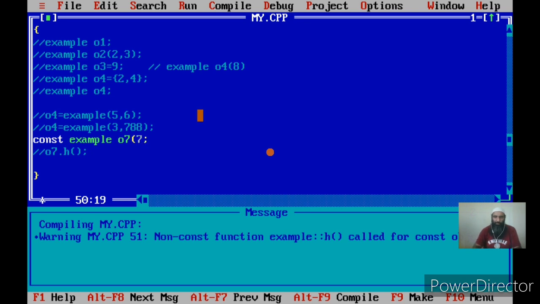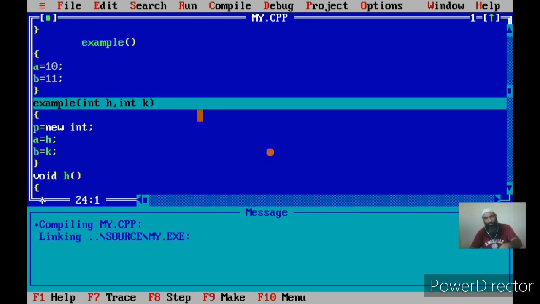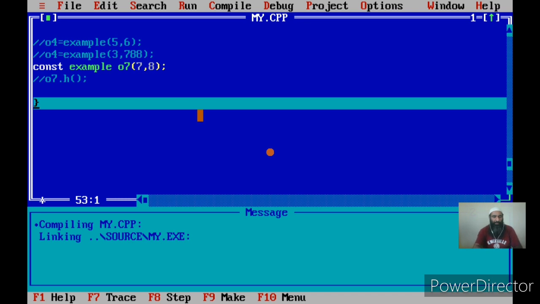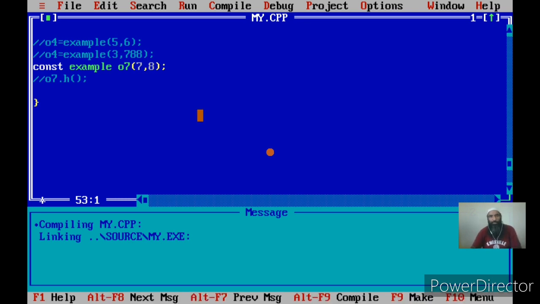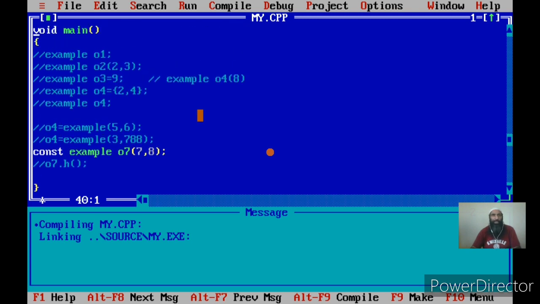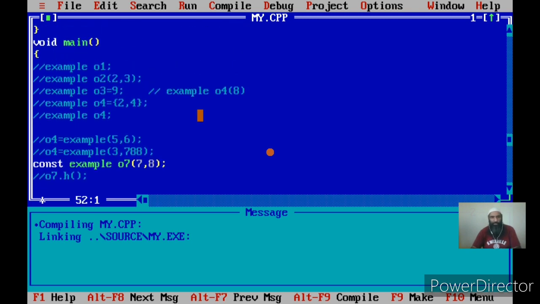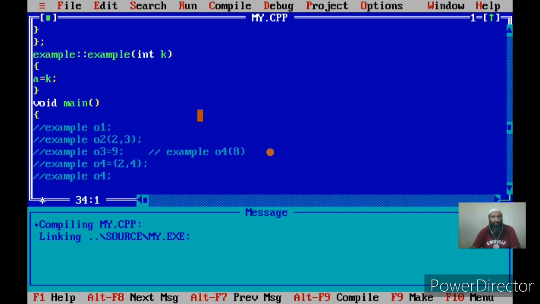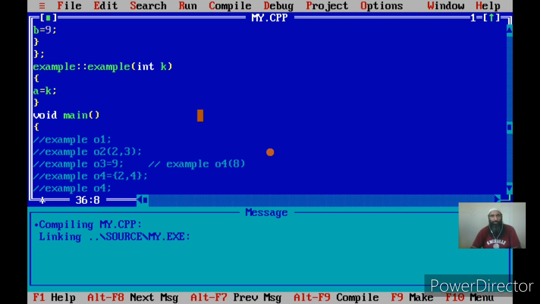Okay, we can call a constructor with two arguments, 7 and 8, and once we call, you see the 2-argument constructor is called and the members have been initialized accordingly. So this is what is meant by constant objects. Constant objects are read-only objects, and they can only be initialized by constructors, because if we call other non-constant member functions which change the data members, the compiler will issue errors that it cannot be done, that is, their data members should not be changed.